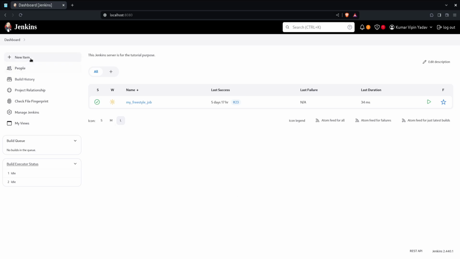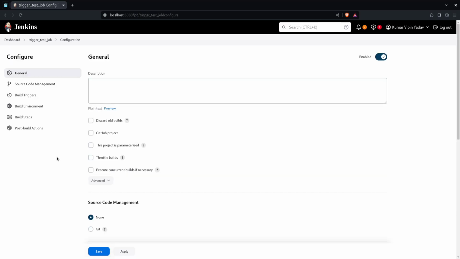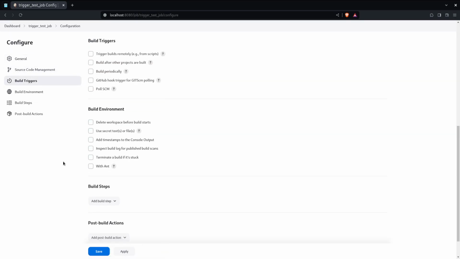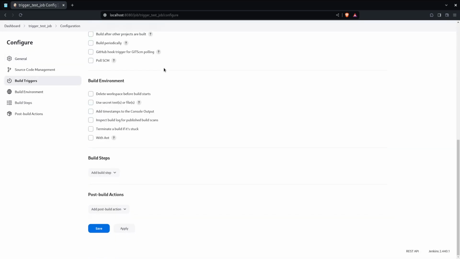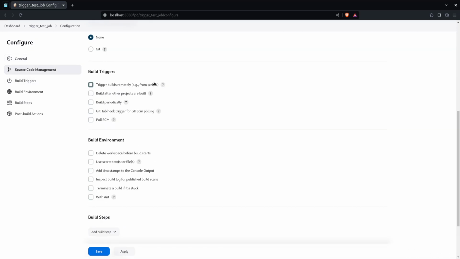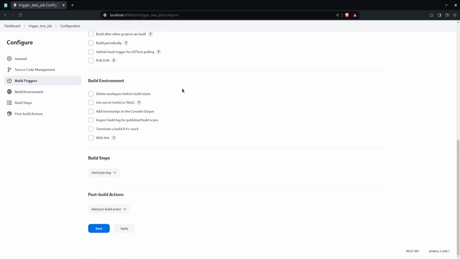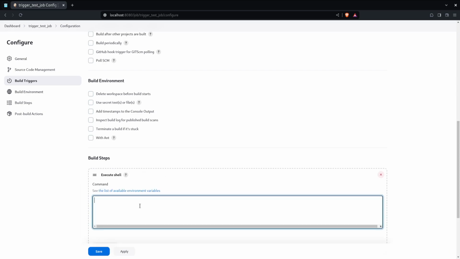So let's create that. Now there is the section right here named build triggers, or you can just scroll down to see what are the types of triggers we have in a Jenkins job. Before getting into triggers, let me add a build step that will display some text in the console so that we can figure out that the job has actually executed. So I'm just adding a normal shell command in the build step that whenever this job executes, it displays this message